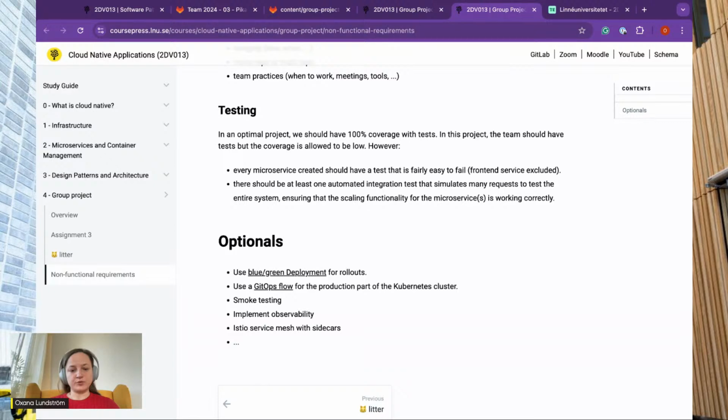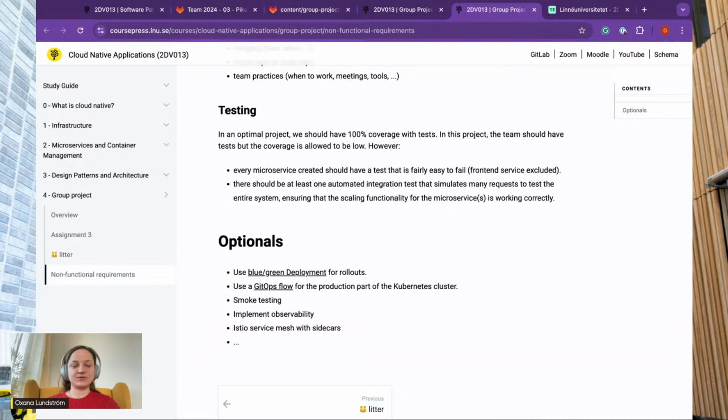So it is okay at the time of submission that you have low coverage, or that you maybe haven't tested all functionality in an automated manner. But every microservice should have at least one test, and some test that is easy to fail as well. For instance, if you commit new functionality, you show that the pipeline fails.